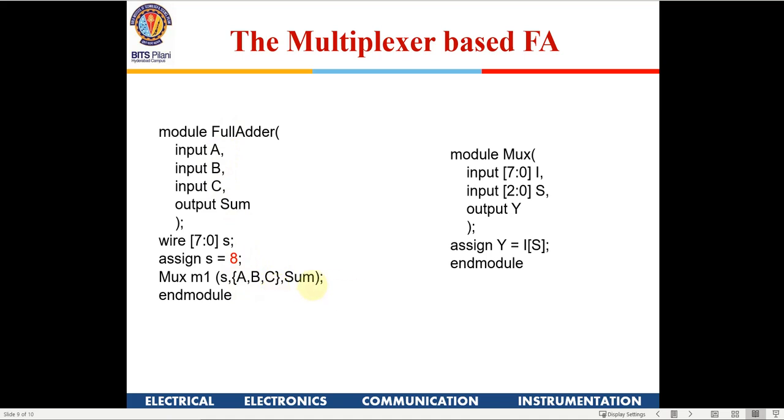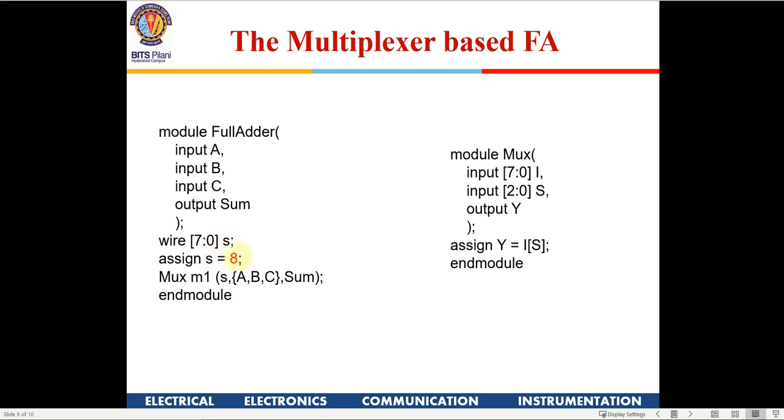Now the first input, because input is an 8-bit data, I can give an 8-bit value, and I have taken a wire s as an 8-bit wire.